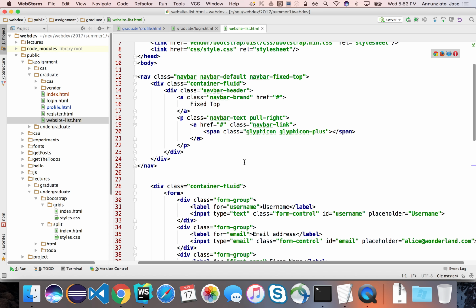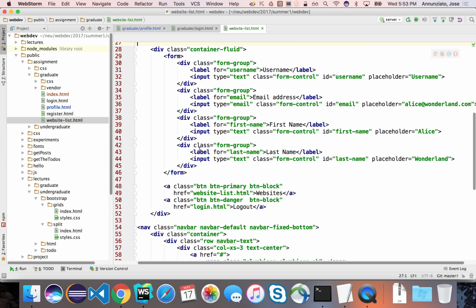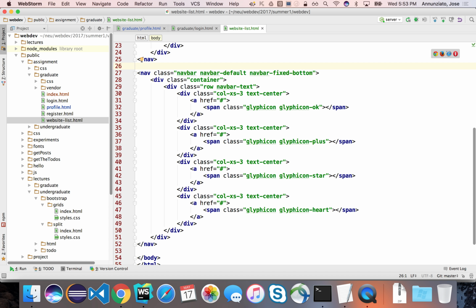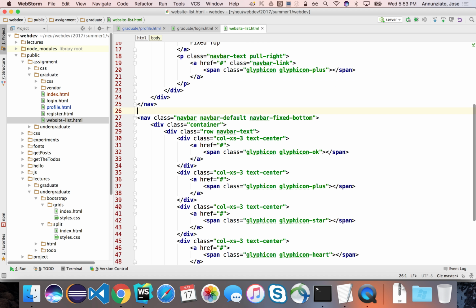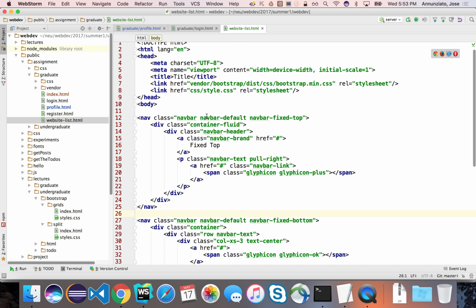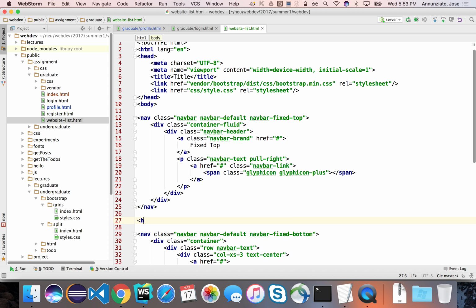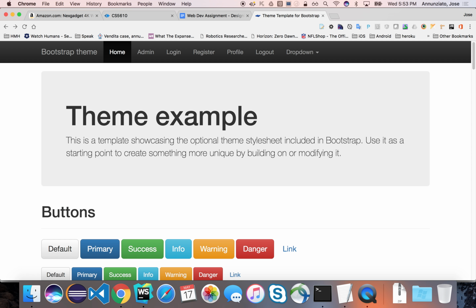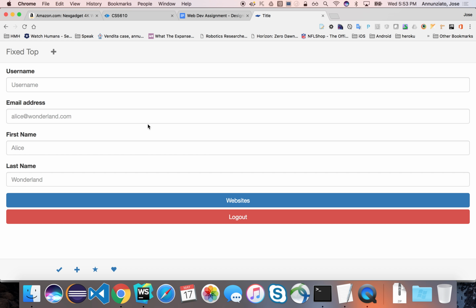In website list.html, I don't really need the main content, so I'm going to remove the main content. I just want to keep the headers and footer. Let's see, fixed bottom, and we have the fixed top, right? And this is going to be the H1 website list, right? So if you go back here and you log in, once you log in, it navigates to,